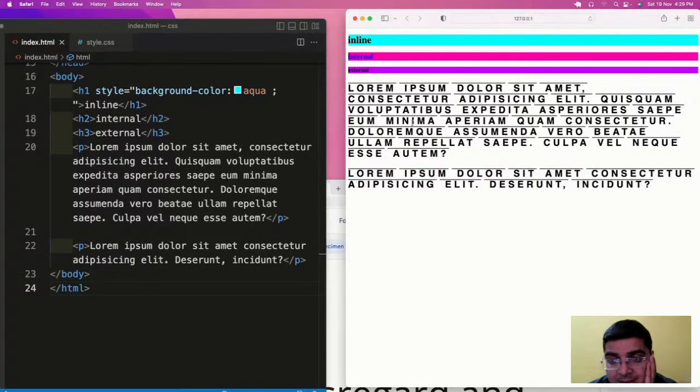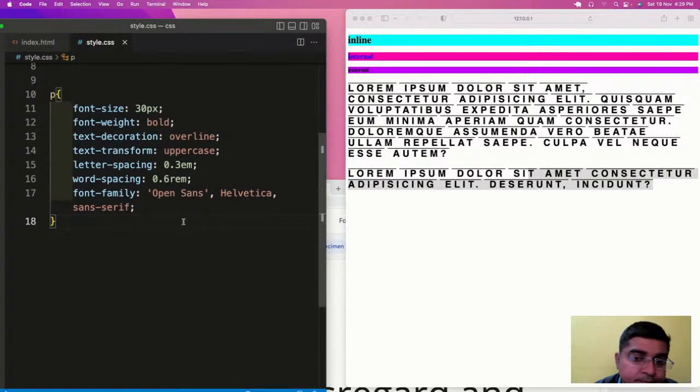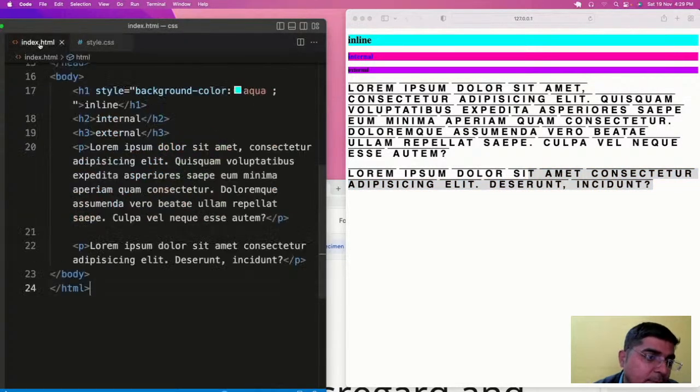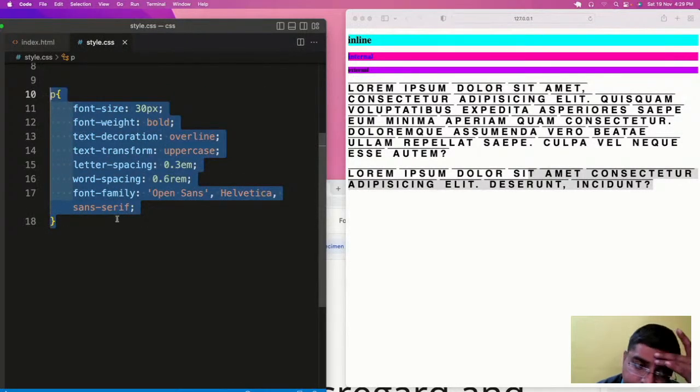This particular style set which we have given to the first paragraph will get applied to this one as well. Why is it happening? Because if I create 100 paragraphs, it will follow the same set of styles we have created for the first paragraph.